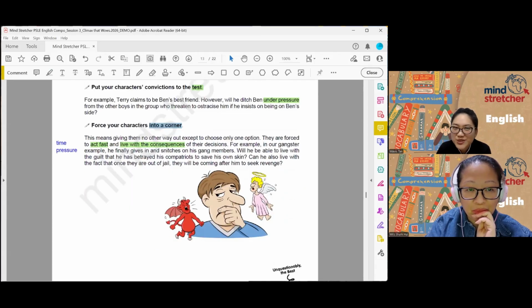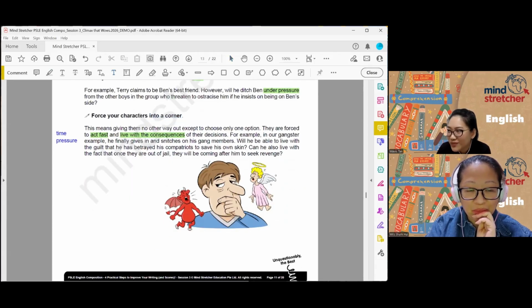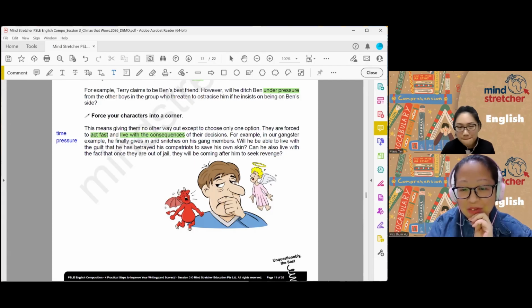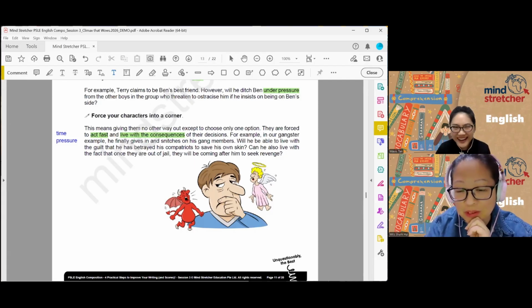This picture, a lot of students like to use this. Okay, the devil versus the angel. A voice in my head. Okay, I know there are many voices in your head, but sometimes these are. Mrs. Shah, I'm not sure if you have students who use this imagery. The devil told me this. Then yet the angel in me told me that, okay, a little bit too cartoony.